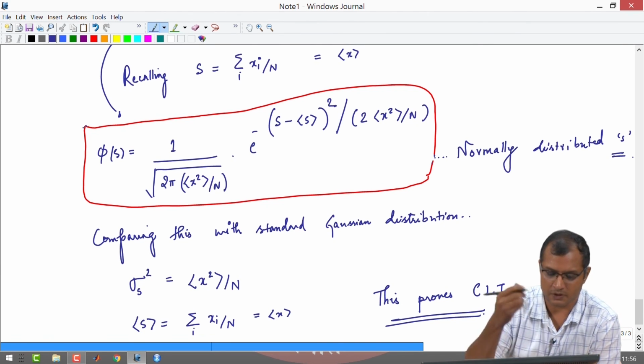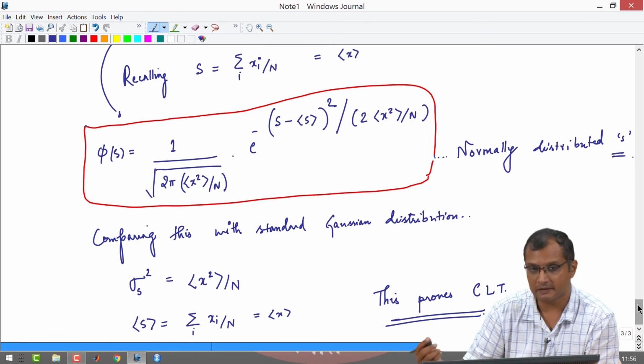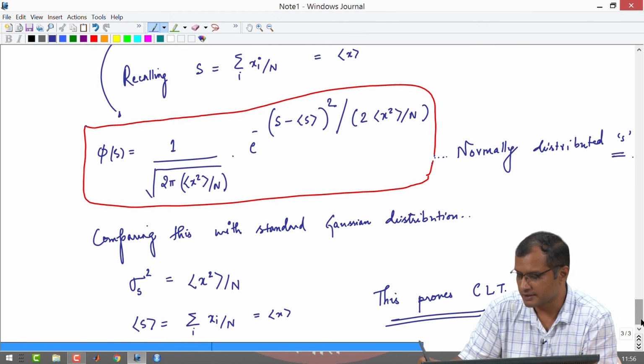In the next class, we will talk about many random variables and the concept of conditional